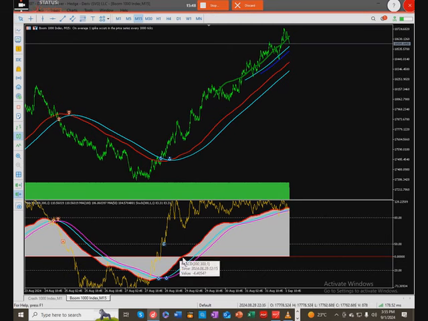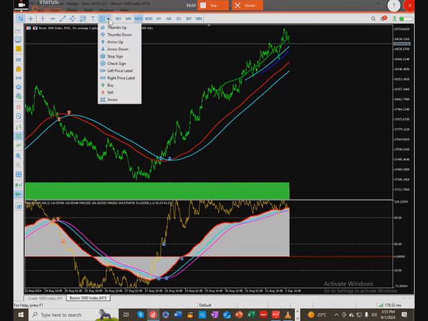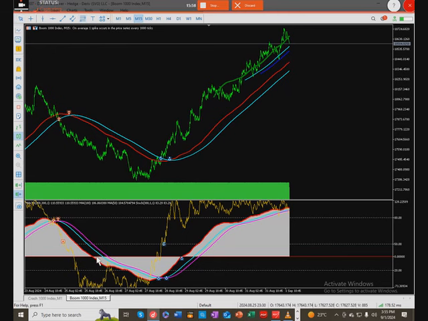When the MACD crosses the zero level downward, you can also take your sell. But the early part of seeing which side the trend goes is when